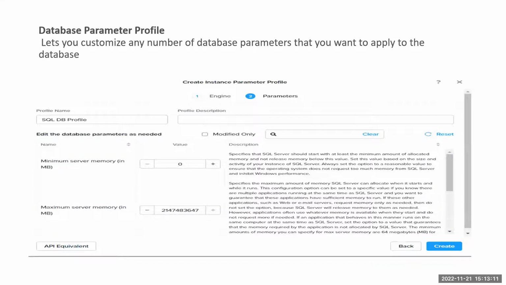The database parameter profile shows the database parameters that can be utilized. You can use existing profiles, or create your own profiles for database parameters. You can specify various parameters for Oracle or SQL. There are sample profiles you can utilize, or you can create your own custom profiles.